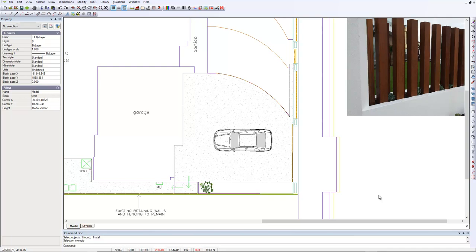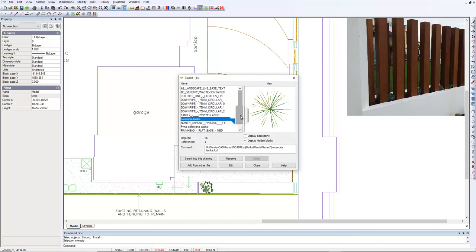The base plan we're working with here has been converted from an AutoCAD DWG file. I'd like to draw your attention to some of the problems you might see, especially in conversion of blocks. Let's click on the blocks icon and just take a look at some of the complex naming conventions that have